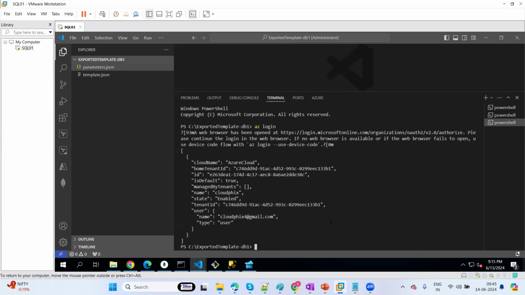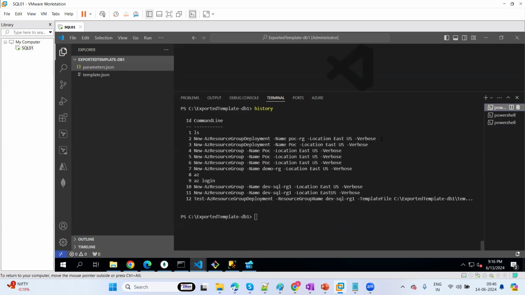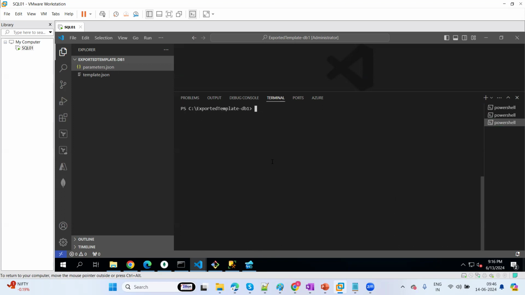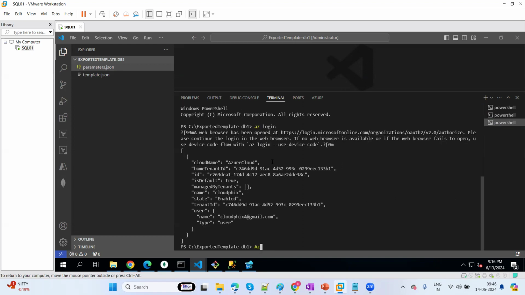So how are we going to deploy now? First you need to deploy one resource group here. I already deployed the resource group. If you want to deploy the resource group, simple, just press Control L. First step, since you already logged in with Azure,